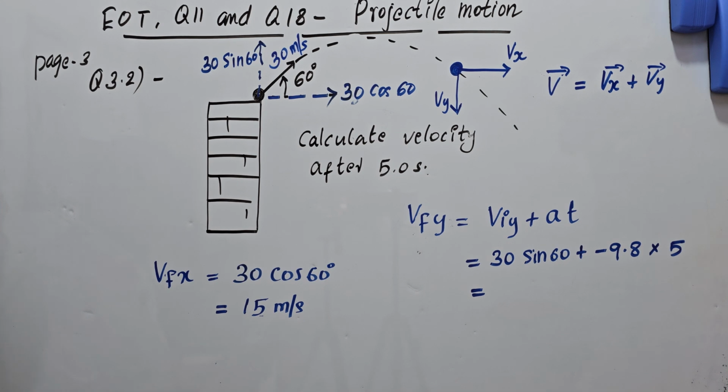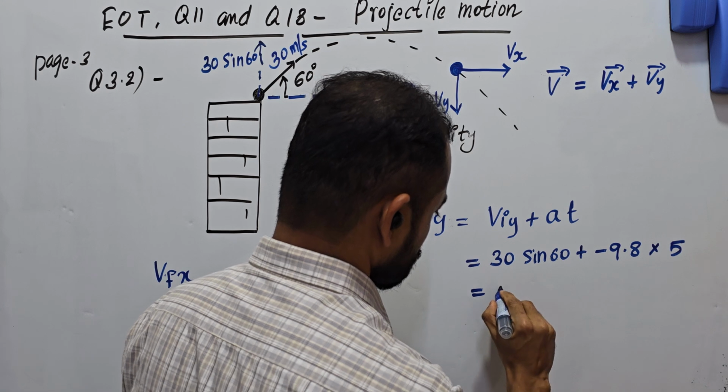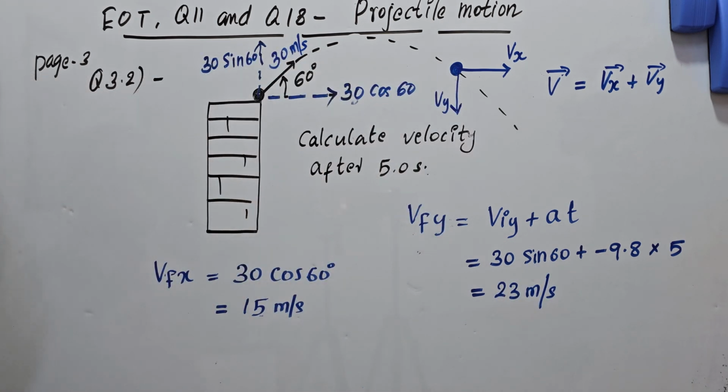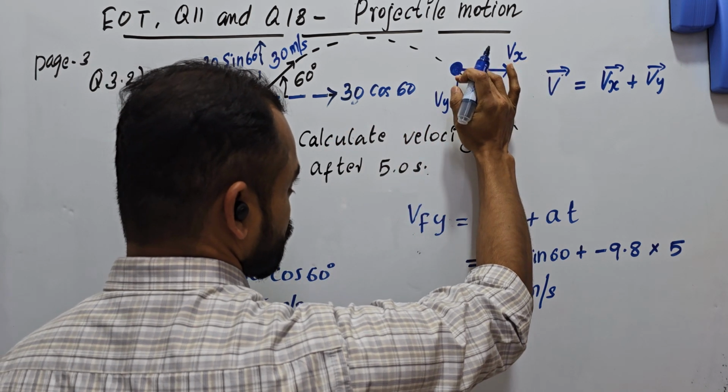30 multiplied by sin 60 minus 9.8 multiplied by 5. Students, the answer is 23 meters per second, right? 23 meters per second. We know the final velocity along the x direction and the final velocity along the